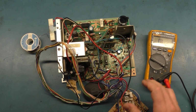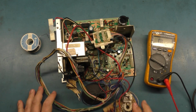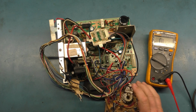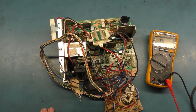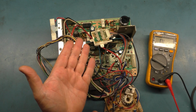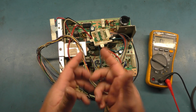Okay, I think we're all hooked back up. Let's get it on a tube and verify if it's dead or not. Because if it's not dead, then we can just recap it, change the flyback, reflow, and be done. If it is dead, then we'll have to troubleshoot from that point. But it's possible, unless you find something obvious like a broken joint or missing component or bulging capacitor or giant crack in the flyback or something,